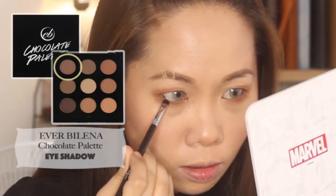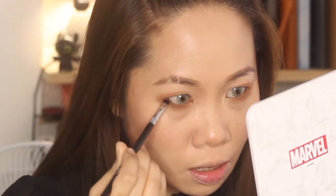I don't know what that was exactly, but I think she's just a little bit contouring or finishing up the lines there. And for the brush, I think I'll just be using this one from Sigma, the Smudge E21, and some random brown color. I think this step is not very visible, but it will give off the look like you don't know what hit you, because it is not very visible, but it will make so much